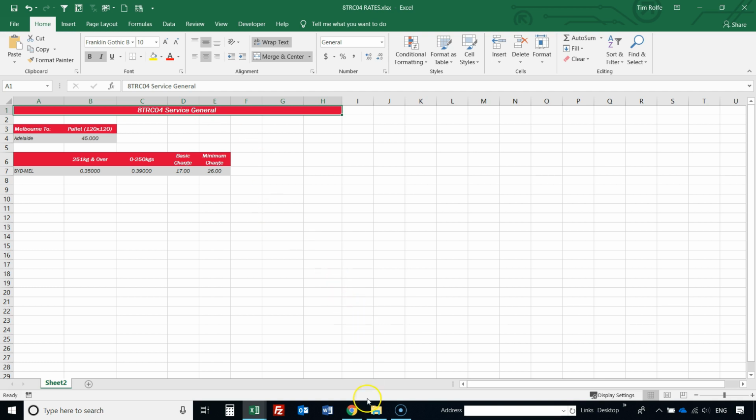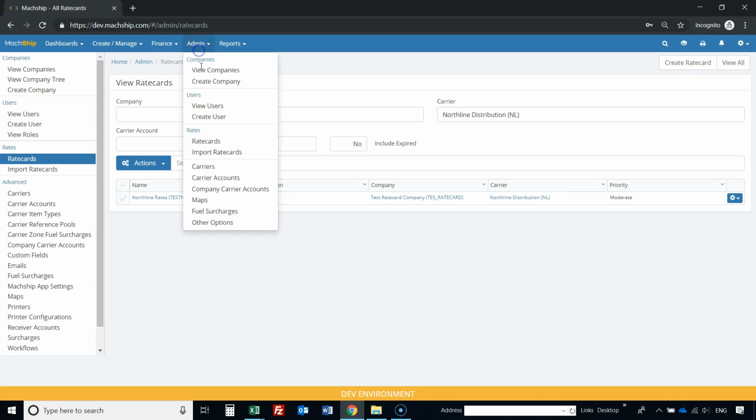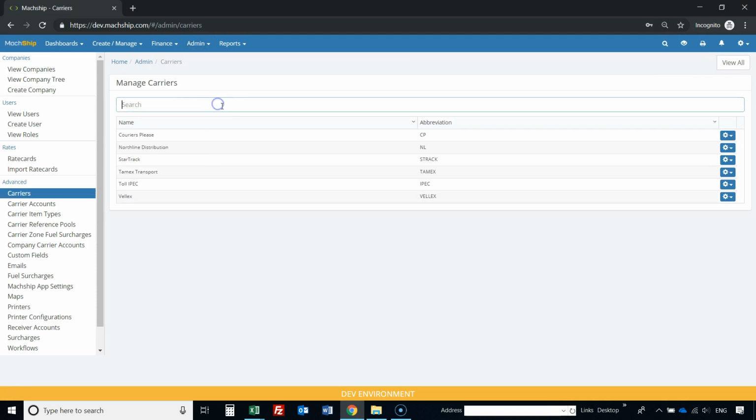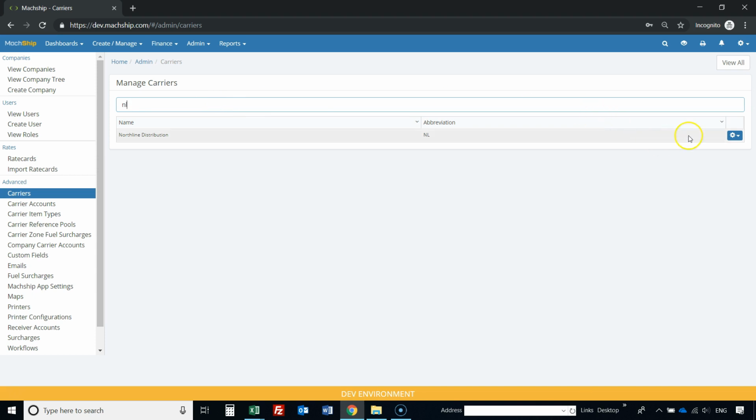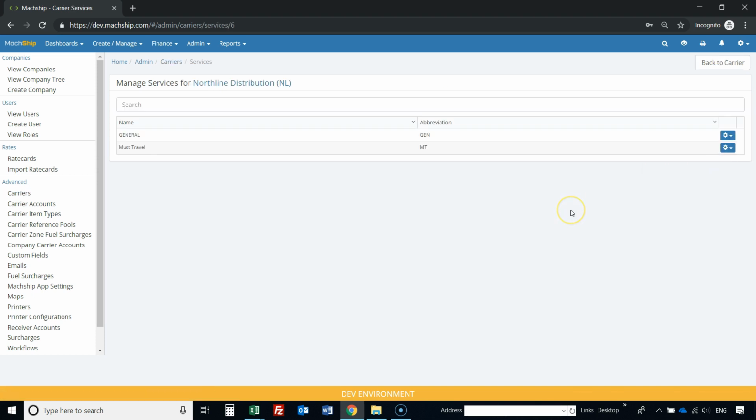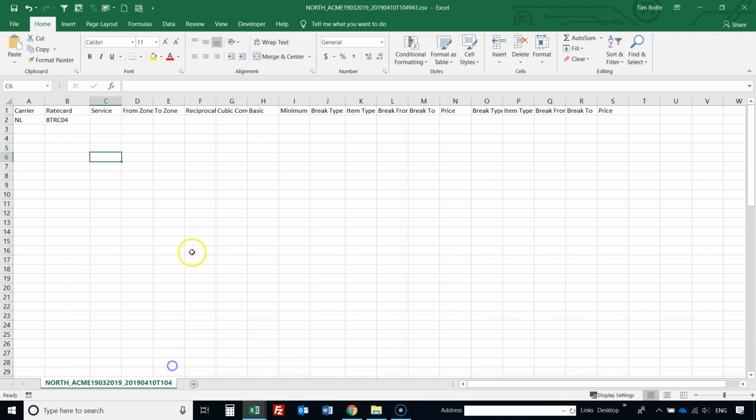In order to find the service abbreviation, simply go Admin, Carriers, search for the carrier, select the cog, go View Services. This will give you a list of all the services that have been created against that carrier. In the example of Northline, you'll see we have a general service and a must travel service. These rates we would like to import as against the general service. So in this instance, we need to take the abbreviation as being gen. If we copy that and paste that in our sample file,